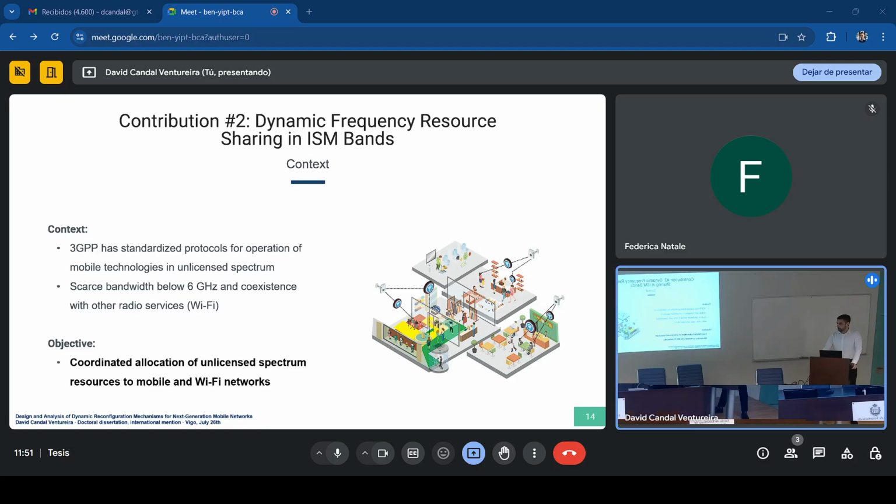But unlike mobile networks, Wi-Fi devices, at least legacy Wi-Fi devices, can transmit as soon as they consider the channel idle. This work aims to define a solution that allows an operator to coordinate the transmission of these two technologies. By coordinating the transmission, this solution allows the operator to decide how the resources can be allocated to one technology or the other, but also reduces the collisions between transmissions of different technologies,